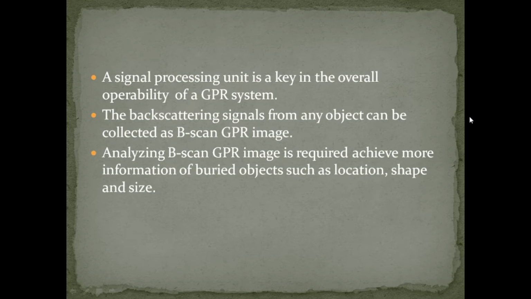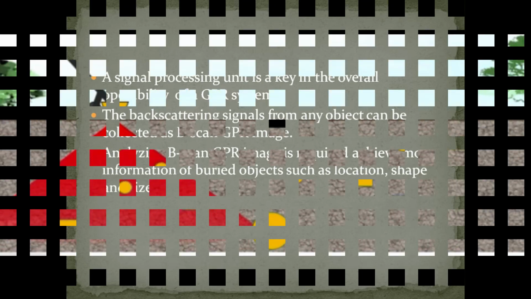In B-scan, a downward looking GPR antenna is moved along a straight path on top of the surface, while the GPR sensor collects and records the scattered field at different spatial positions. This static measured data is collected at a single point. So from this we can somewhat understand, or if you want to know more about it, you can search on YouTube. There are a lot of B-scan image reference videos from which you can easily understand.